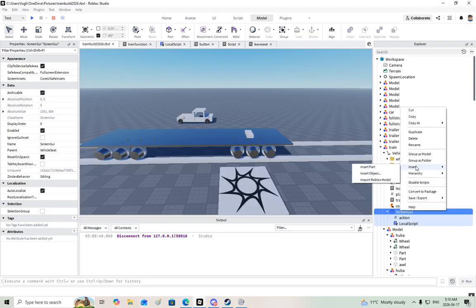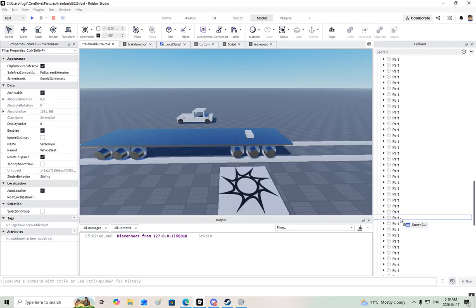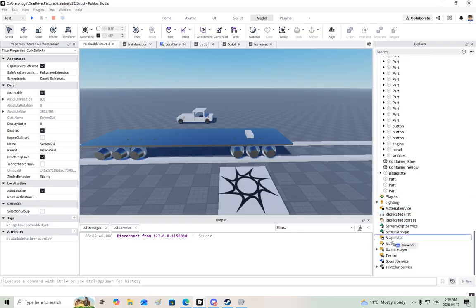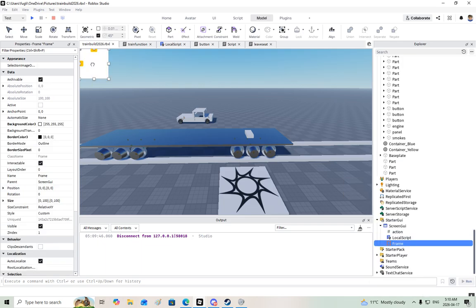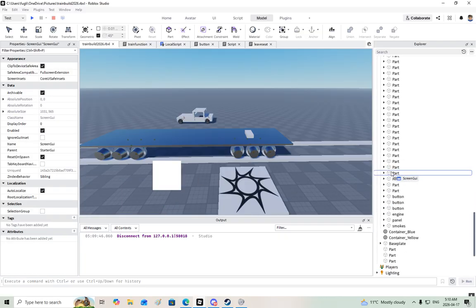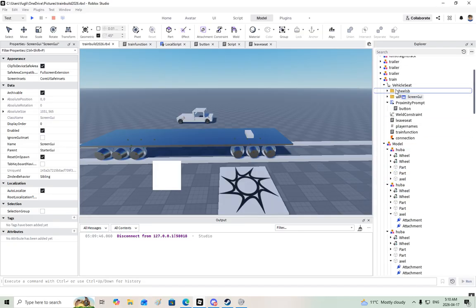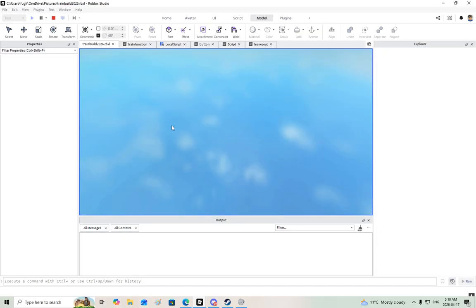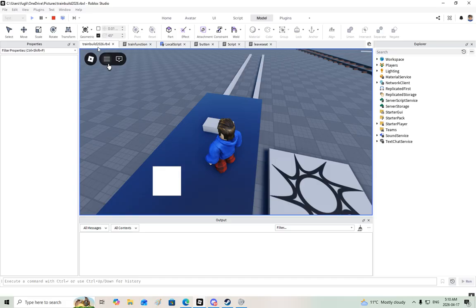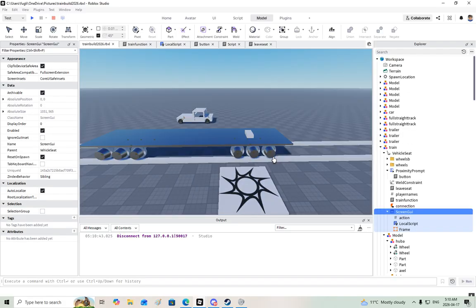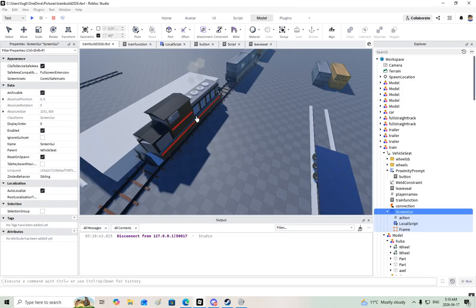And now, let's say we wanted to, we can work on the screen interface. So we can bring that down here into here. We could insert, let's say, a frame. We could add buttons. We could add whatever we want. I just want to show that this can go back into here. There you go. See, we can have our buttons. We can interact with the train. So now what we've done is we've created a vehicle. It doesn't look like much,